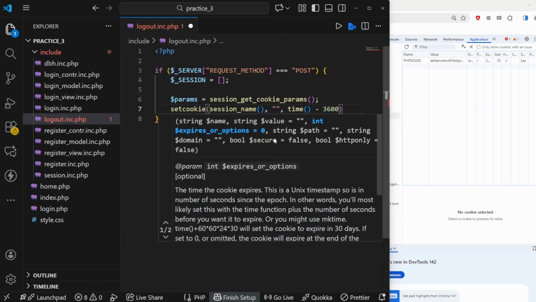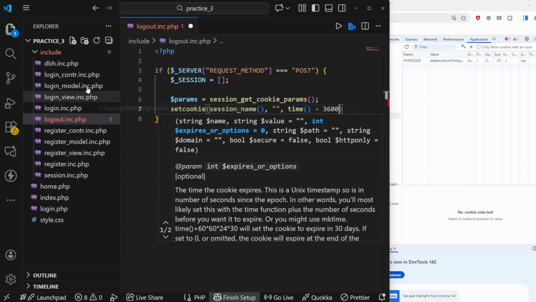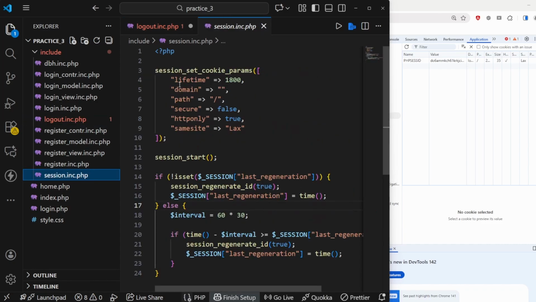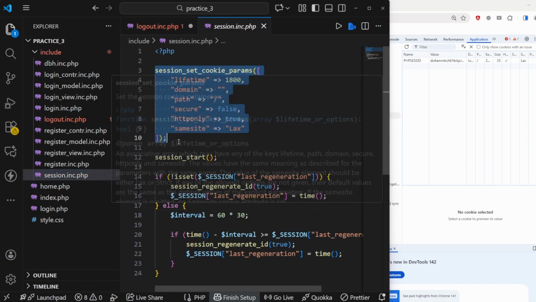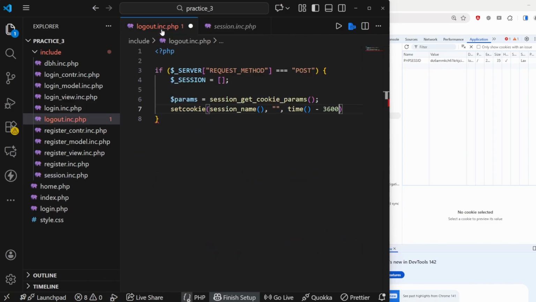Now you can see that we also need to define the path, the domain, the secure value, HTTP only. And we can get all of those values by just using the exact same values that we've defined for our initial cookie by using the params right here. And those are just the values that we defined right here. So those were the old values that we had, and we do not want to change those values usually. So we can just use the exact same values,